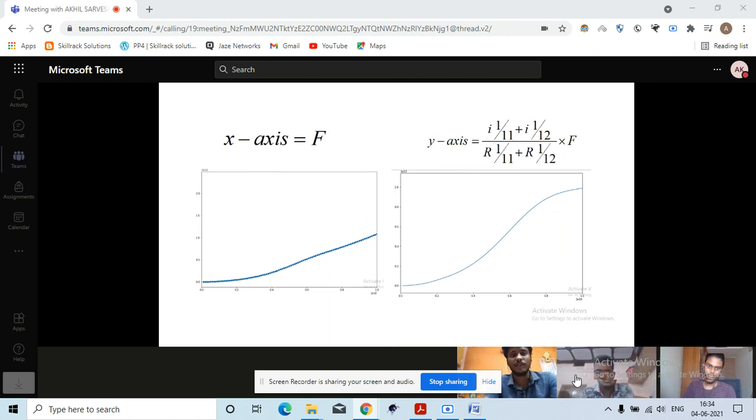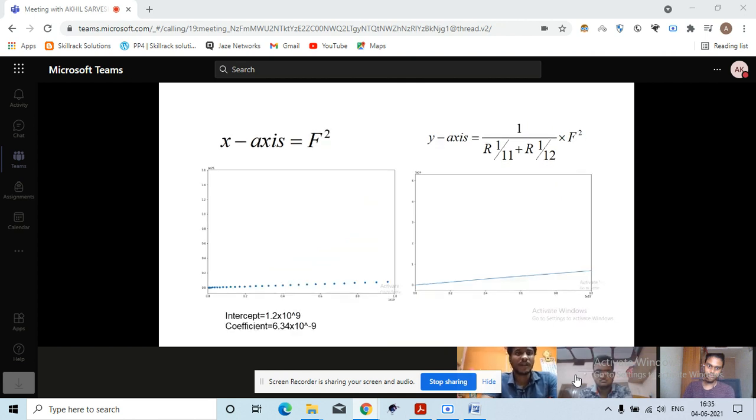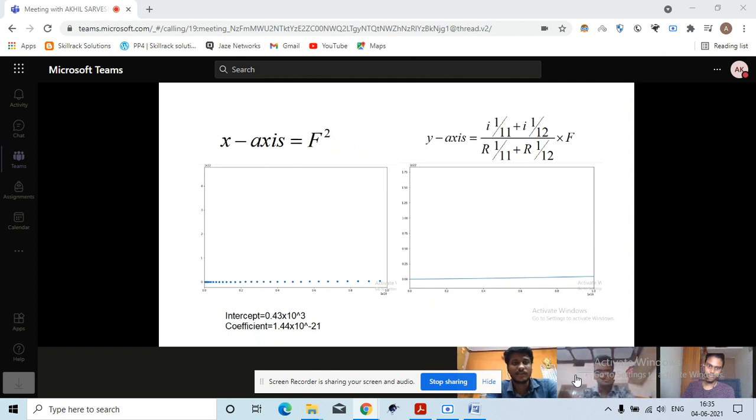This is a similar graph to that, but here we are comparing the imaginary data and the real data, which is given in the data sheet. Next. This is where the actual part starts. Here, using the scatter we got, we're going to draw a linear regression fit, where the intercept and coefficient are mentioned below. And this intercept and coefficient is for the imaginary by real part values. Next.